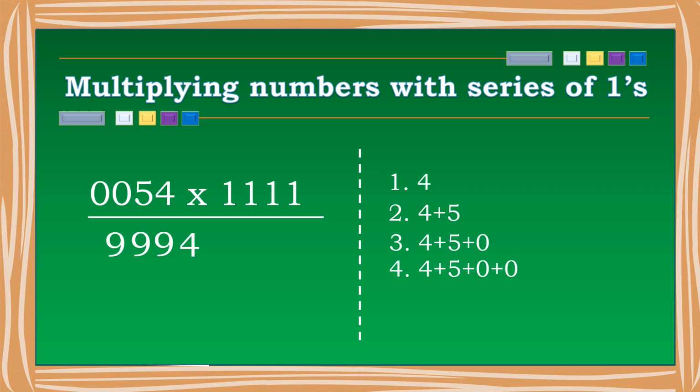Now leaving 4, we start from 5, but there are no other valid digits after 5. So 5 is the leftmost digit. Let's write 5 as it is. So that's our final answer, 59,994.